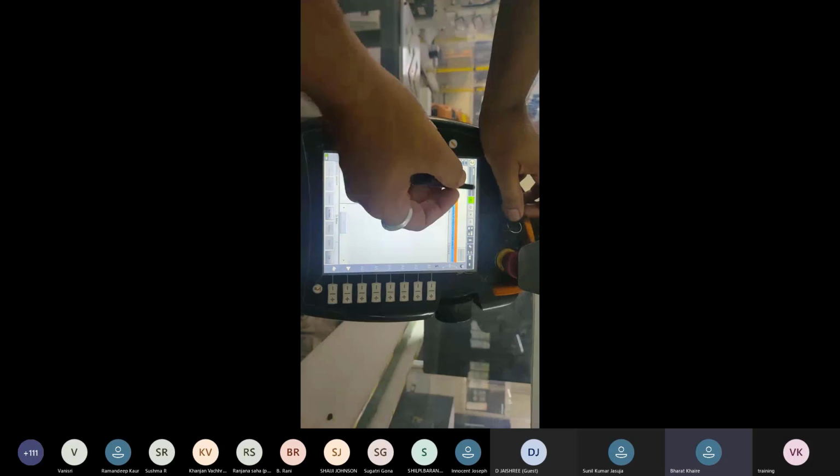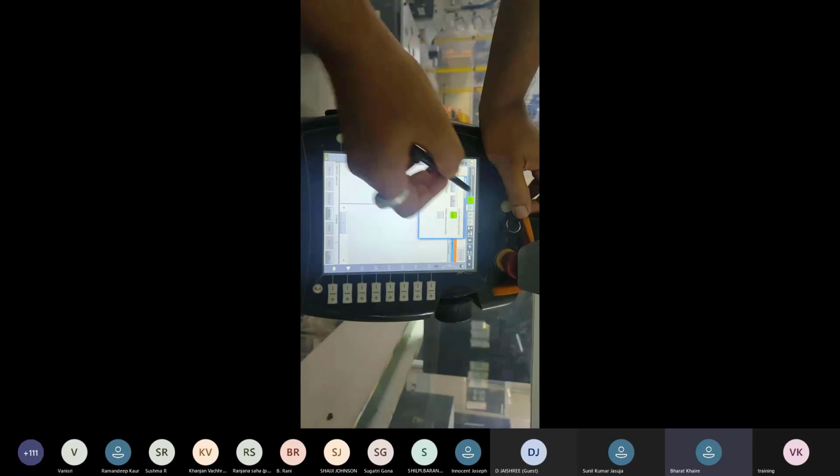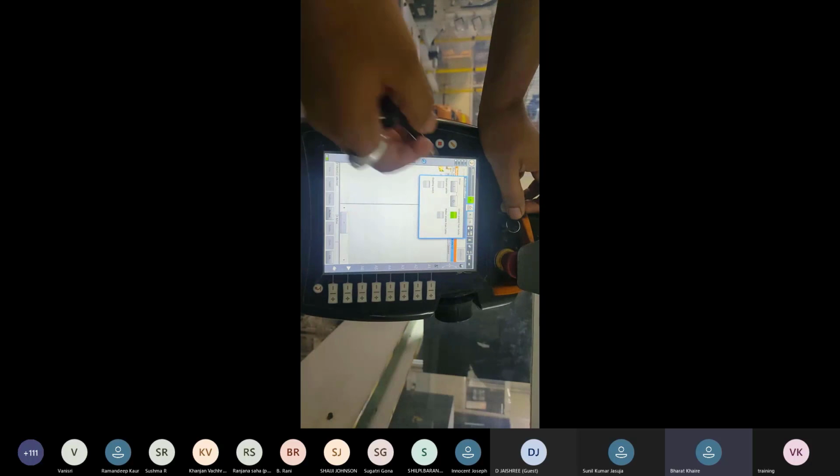This controller, this teach pendant is giving the backup and the information continually to the PLC. So this green button is always on. Next to the submit interpreter, this is another key. It is O and I. Okay, so this is a drive button. O indicates drive off and I indicates drive on.